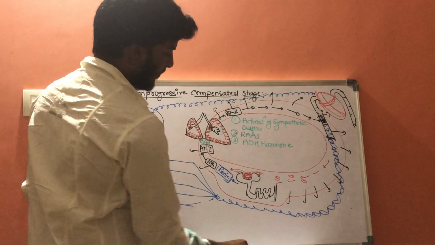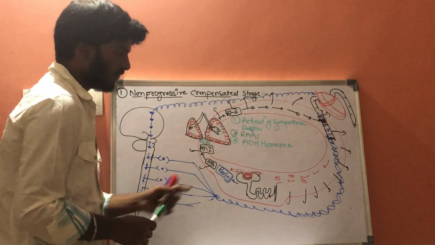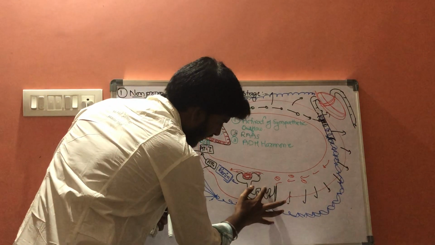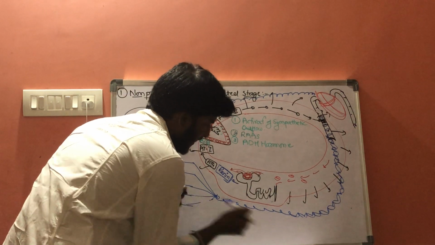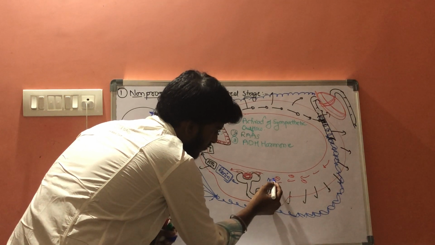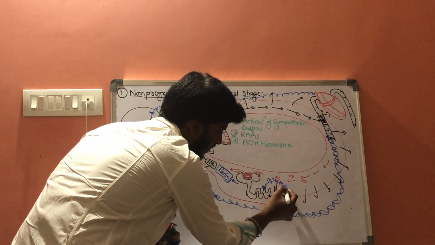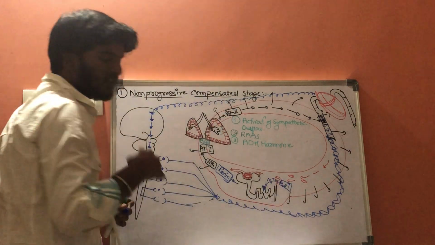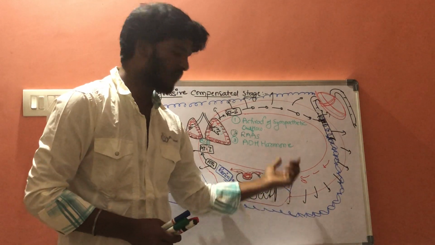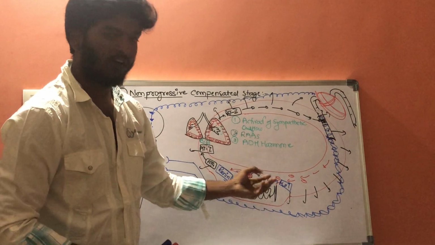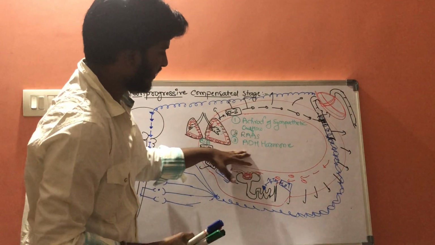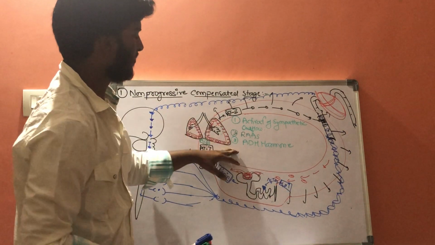Now, if there is overproduction of ADH hormone, let us consider, if ADH hormone is more, now at the macula densa cells, there are special types of cells which help in increasing the sodium concentration, and water reabsorption will take place. Whenever the reabsorption of water takes place, ultimately it increases the volume of the blood. Whenever the volume of the blood increases, ultimately there will be an increase of blood pressure. In this way, the third type of compensatory mechanism is the ADH hormone.